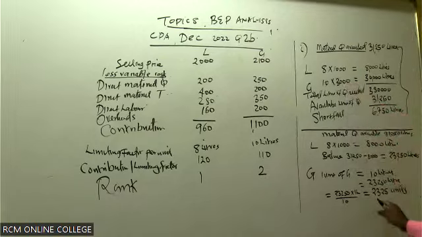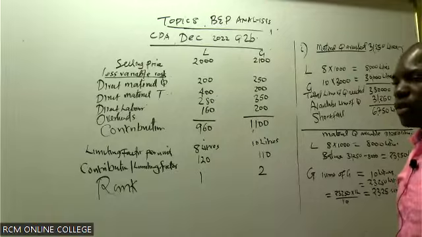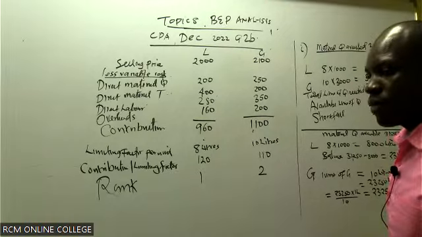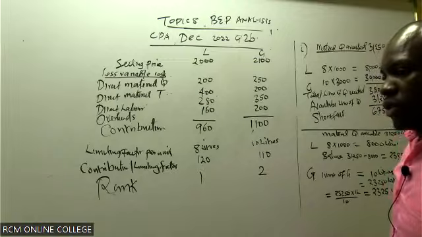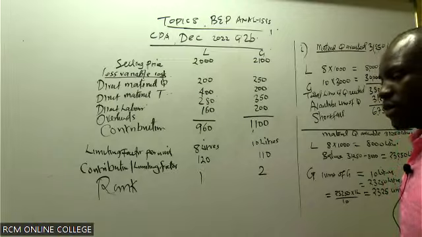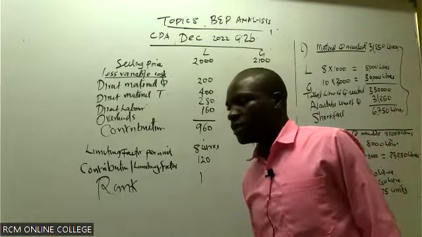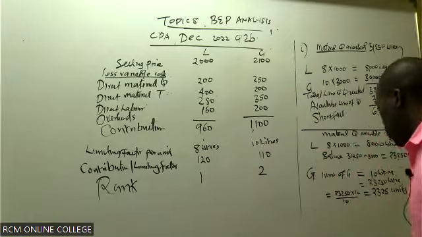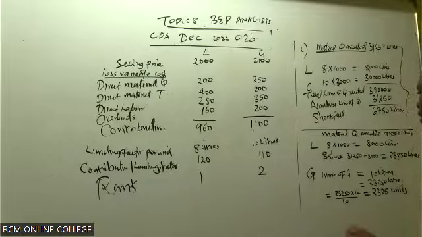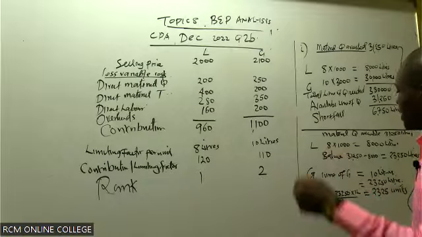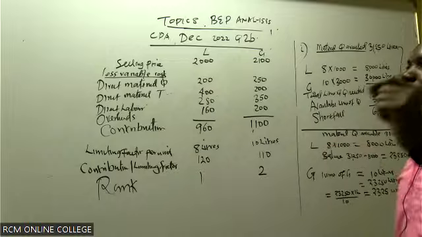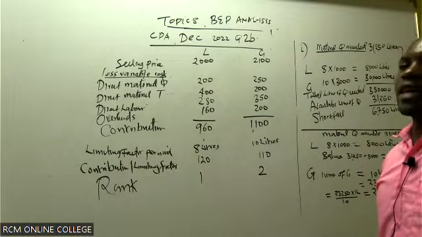So 3,000 minus 2,325, tunabaki na ngapi? 675. Now, if you are told that the ones that they were not able to produce, they outsourced from an external